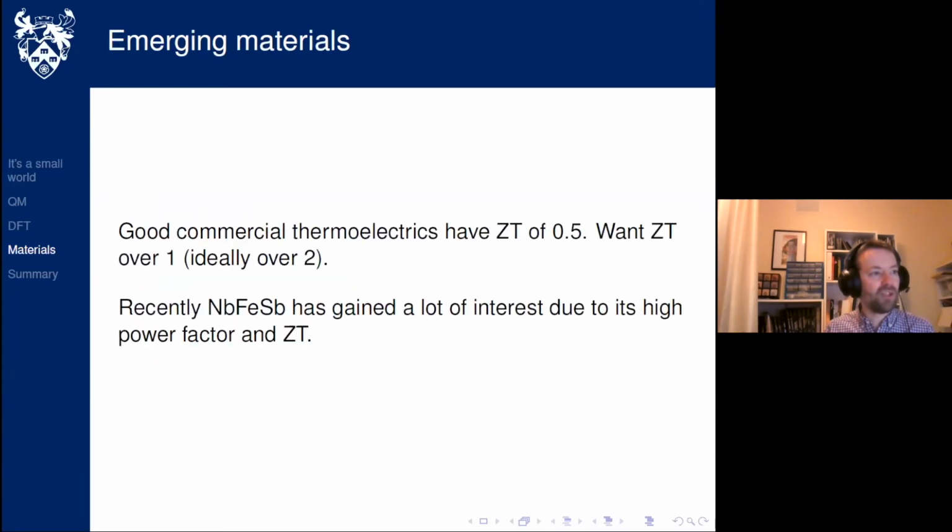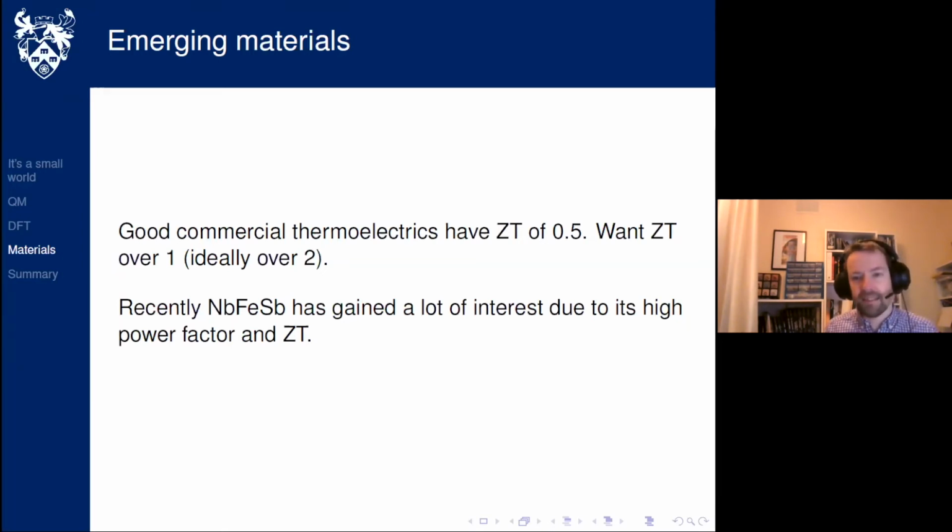Now, I'm just going to focus on one particular material that we've looked at in the last couple of years. Just to give you a general idea, if you just go to Amazon and buy a thermoelectric chip, and you can buy them, their ZT is poor. It's typically something like 0.1 or 0.2, and a really good commercial material might have up to maybe a half. But we want a ZT much bigger than that. Really, we'd like it to be over 1. Ideally, over 2, even over 3. The higher, the better. But 0.1, 0.2, even 0.5 just doesn't cut it when we're looking at these global issues.